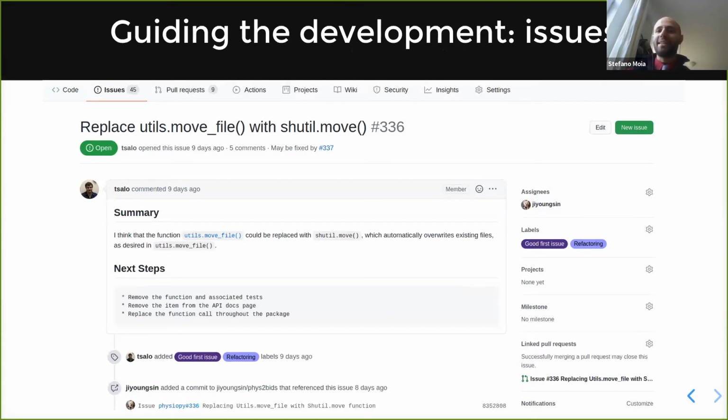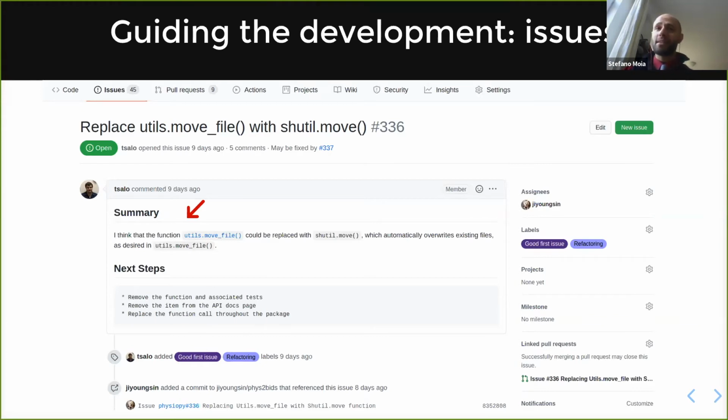Issues are basically text, basically messages that are there in the repository with the code that anyone can open to just say, hey, I tried your code. I think you could implement this little thing here. Or, hey, I was looking at the code yesterday and I found this bug and maybe you have to solve it before we do something else, because it might not be good to have it there. Or any other message like that.